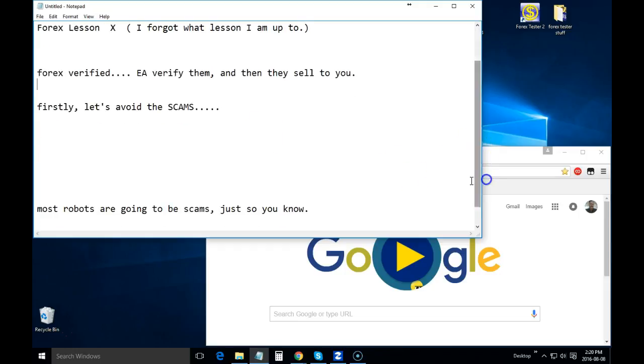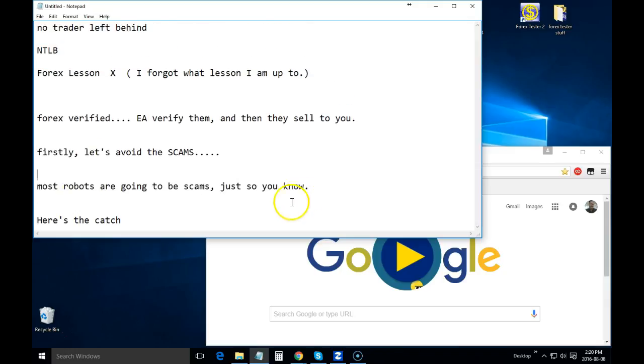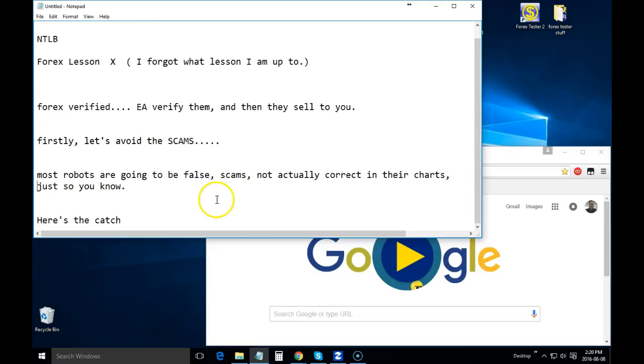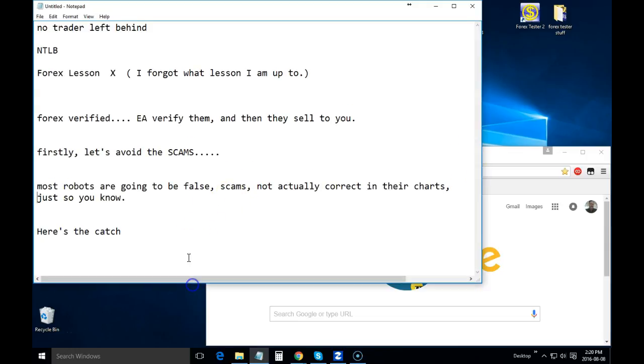let's hit the reality of it all. Most robots are going to be false scams, not actually correct in their charts. I've seen all sorts of charts and all sorts of crap. And here's the catch. What they do is they take data